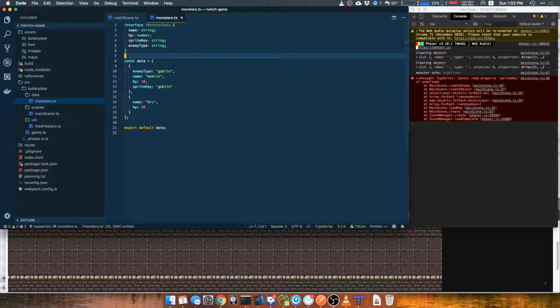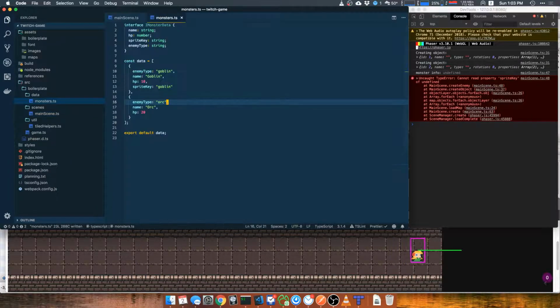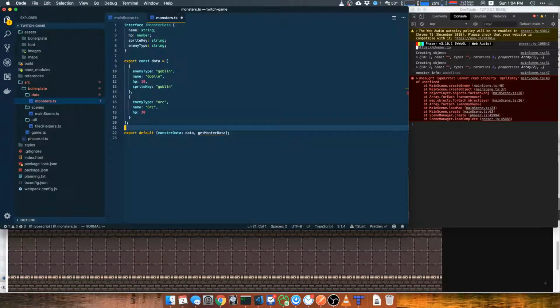All right, so enemy type is going to be that. So back in here, when we get the enemy data, we're not going to be able to get it like this. What we're going to actually export here is monster data is going to be data, and then get monster data. So we'll export const get monster data, monster type. And what we want to return is the